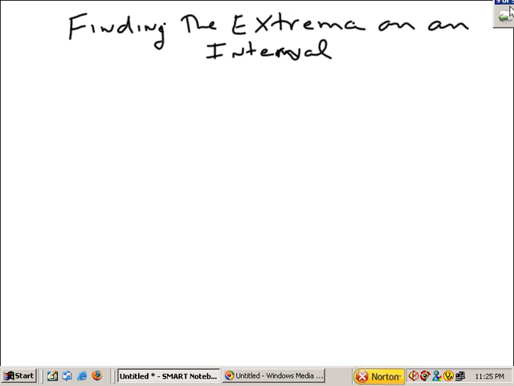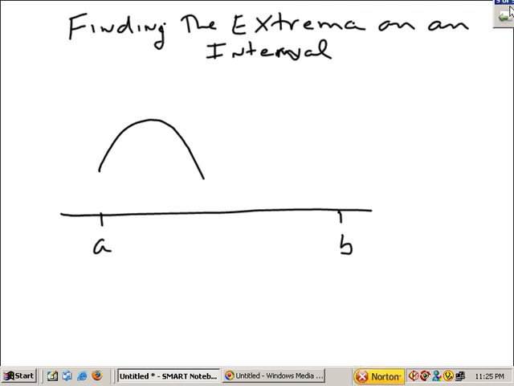Okay. Now, where might this happen? If you have an interval from A to B, where might the highest and lowest values be? Well, now we have to talk about whether we include the endpoint or not. If it's an open circle, that point's not there. If we fill in the circle, then that point is included. But it doesn't matter in this case because the extreme values, the max is there and the min is right